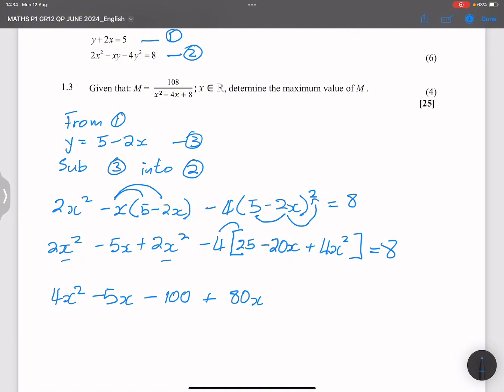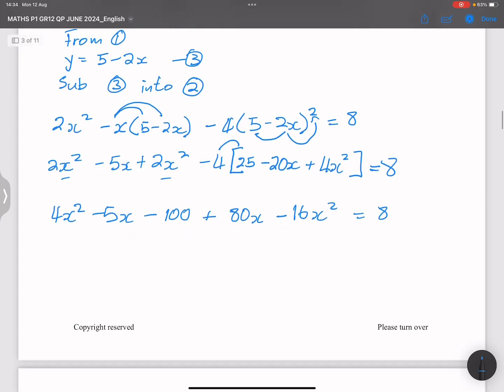Negative 4 times negative 20 gives us 80. That's minus 16x squared, and this is equal to 8. Now, ladies and gents, all we need to do is identify our like terms. So negative 16 plus 4 gives us negative 12x squared,